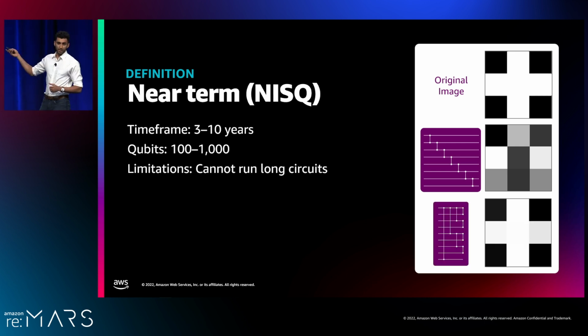But if you can design effective, clever algorithms that use resources more efficiently, you can start getting good results out of near-term quantum hardware. And that is the challenge of quantum computing in the near term, to design efficient, compact circuits to do very specific tasks. And that's the only way we'll get real benefits out of the near-term hardware.